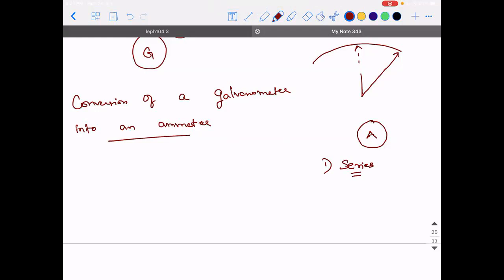Second, the question that arises is, if I talk about an ammeter as a device, is it going to have some resistance or not? If I talk about an ammeter as a device, an ammeter also has a pointer inside. And the pointer revolves as current is flowing through it. Correct? So that is how it is able to show the reading. If it is able to tell us that 3 amperes of current is flowing, then 3 amperes of current should flow so that the pointer is exactly stopping at 3.